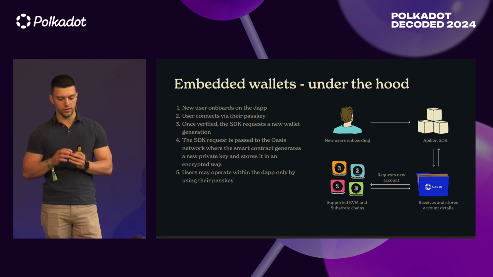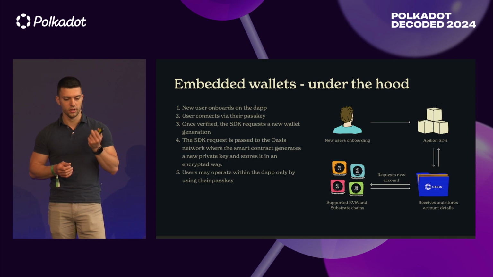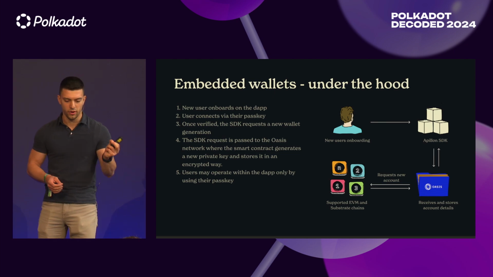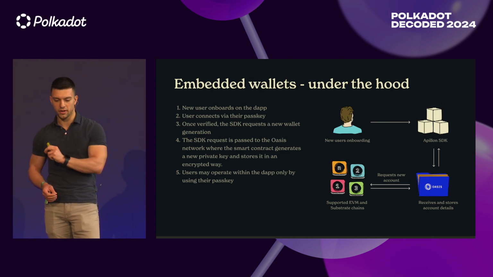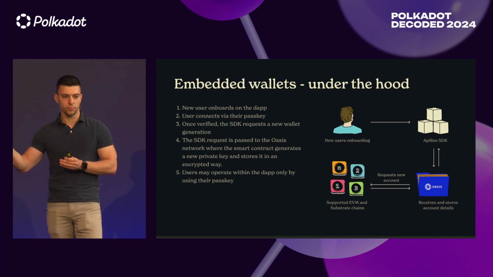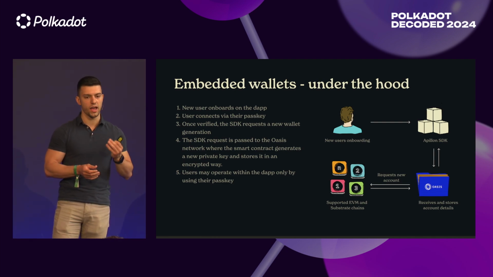And that way it's stored in a completely trustless and secure manner because it's using a trusted execution environment under the hood. So the private key is always stored in an encrypted manner, and it cannot be accessed by anybody inside the smart contract. And the encryption key always belongs to the smart contract, and it's only getting retrieved and used to decrypt the private key only within the trusted execution environment, so it can never get accessed or compromised